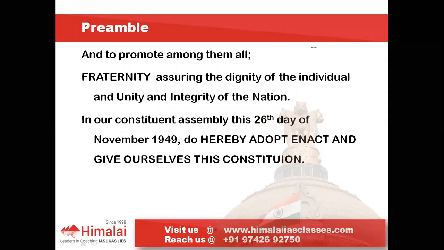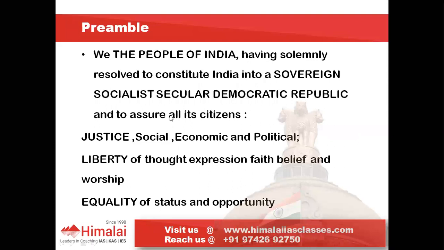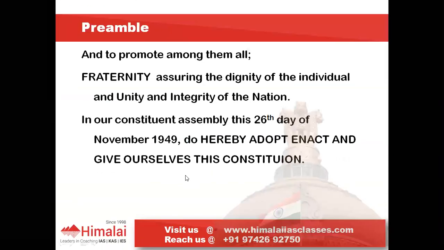So here you can see, I told you, this is the original preamble, only amended once, which added 3 words. The 3 words were secular, socialist, and integrity. Integrity is here in this area, and in the previous slide, where we talk about the type of the nation, we added 2 words, socialist and secular. The total number of words in the preamble is 88, and we need to understand what these keywords, which we have just mentioned here in bold, represent.